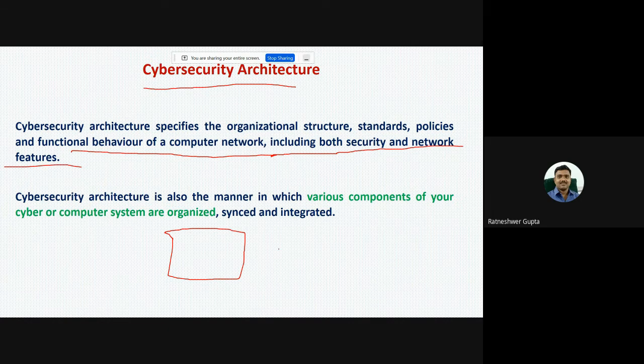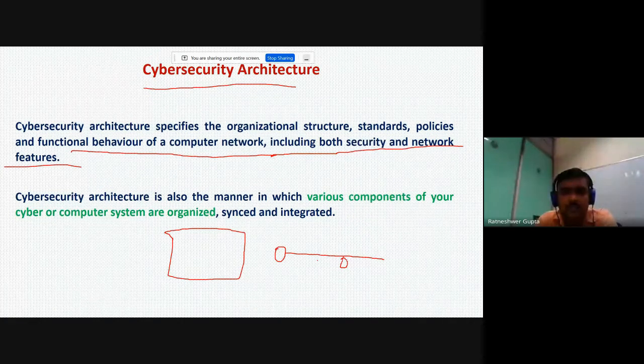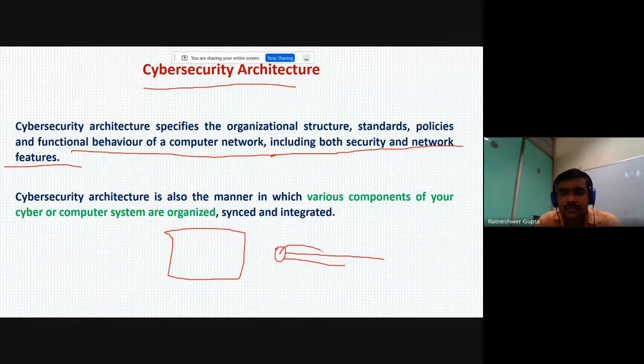Suppose we want to transfer some functionality or data from one system to another, from this component to that component. First there must be a network facility. Once we have the network facility, then we have some security features based on that network feature.